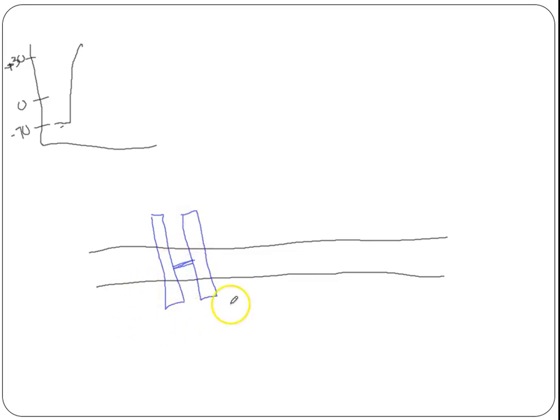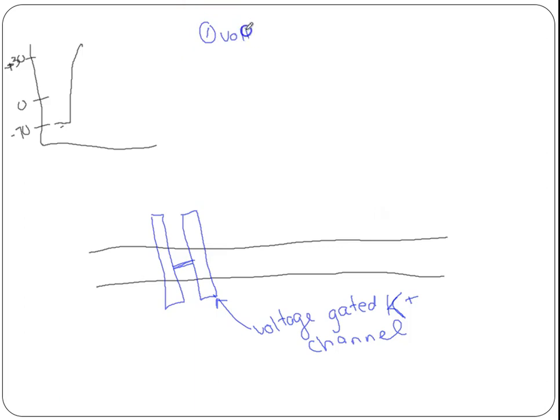These are called voltage-gated potassium channels. These voltage-gated potassium channels are closed